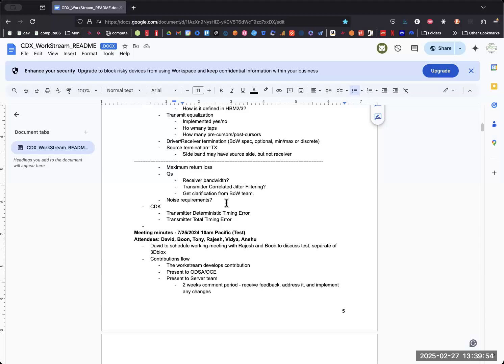Again, I don't expect that we need to be 100% perfect. If we can hit full coverage, that's great. But if we can capture the essence of what's in those standards in terms of parameters, what is important, I think that's going to be a good first step. We can always go and add stuff if we forget something.